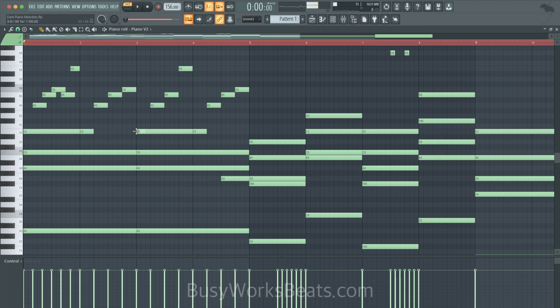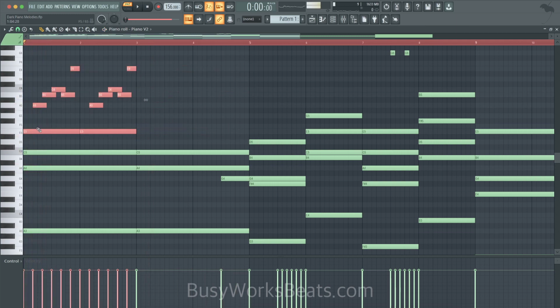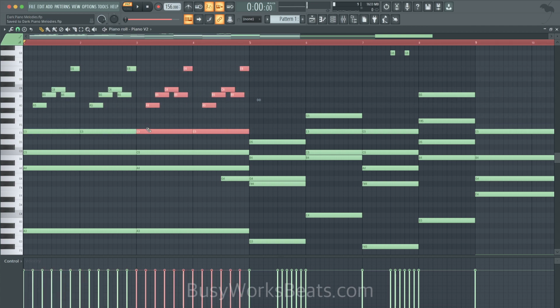Okay, so now we are going to remember these notes A, B, C. Oh, we can't forget those notes A, B, C. So we're going to take these notes out, copy it over, and we have A, B, C in here as well. So it might sound good. Okay, so that motif works all the way through, so we don't need to even create a change up unless you absolutely need one or want one.